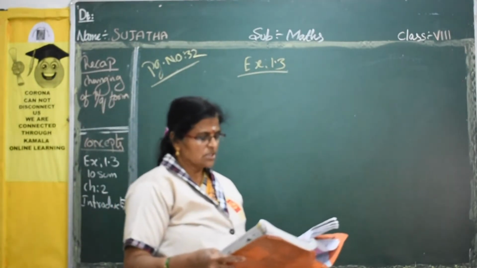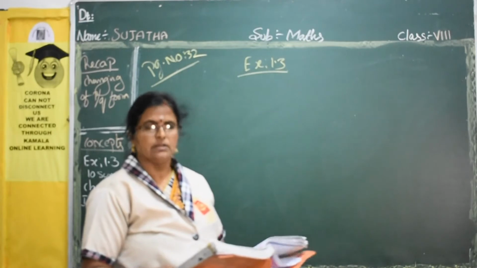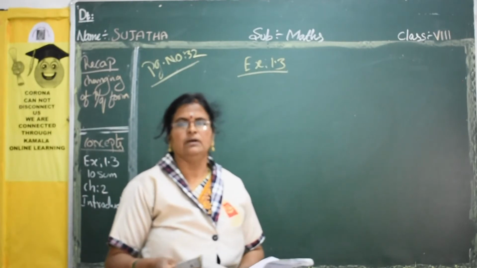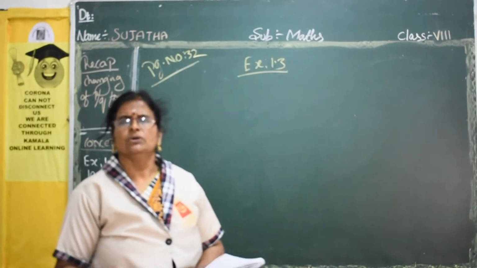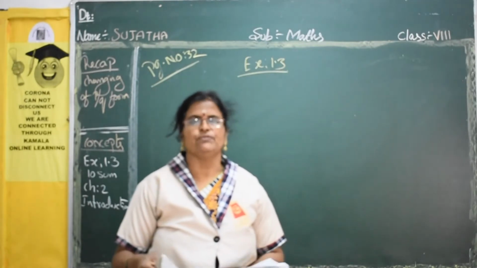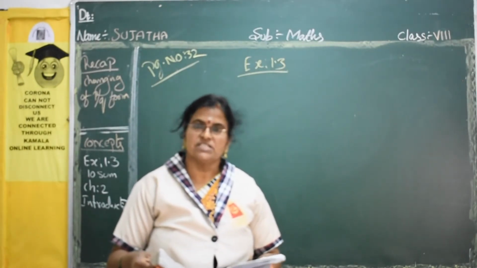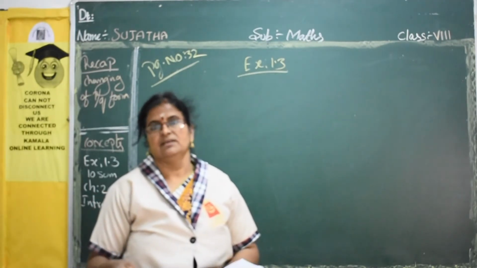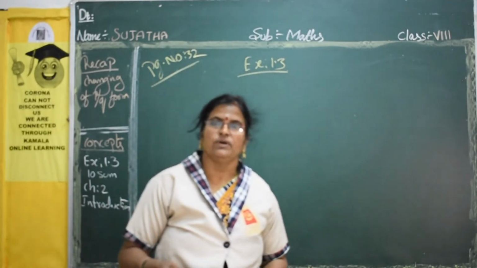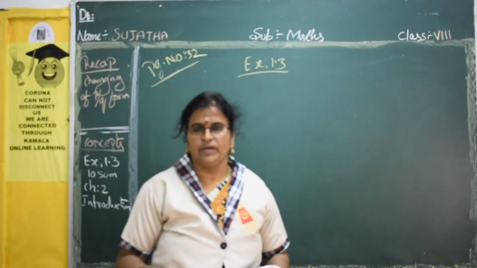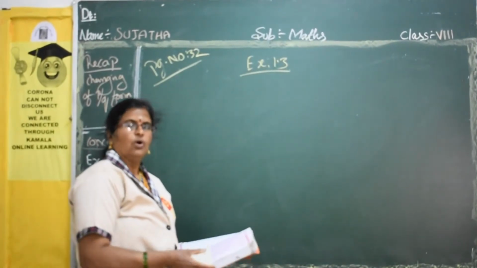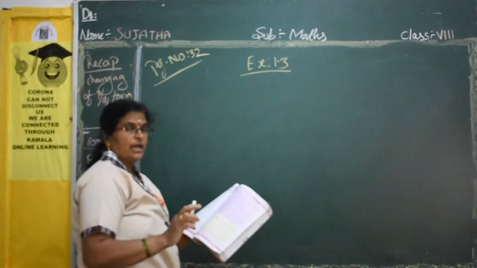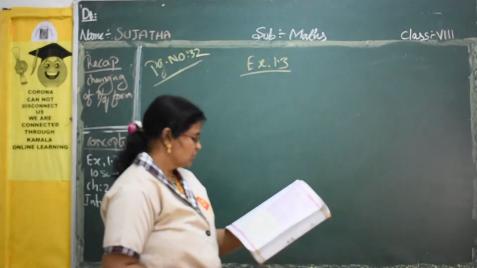If 32 trousers of equal size can be stitched with 64 meters of cloth, what is the length of cloth required for each trouser? So, total length of the cloth is 64 meters. Now, in that 64 meters of cloth, how many trousers can be stitched? 36. So, how much cloth is required for each trouser? That we have to find. Now, what is given? That we have to write first. Question I am not writing, copy from the textbook. Solution only I am writing.